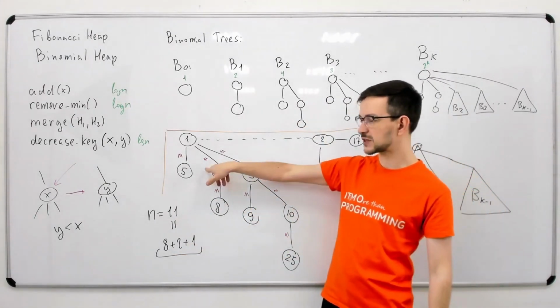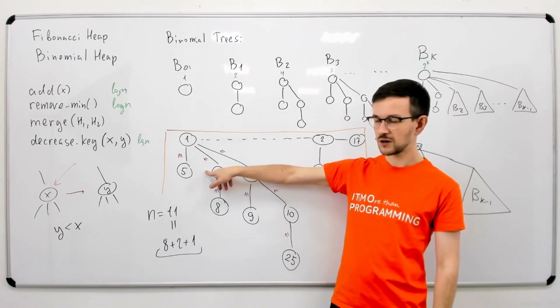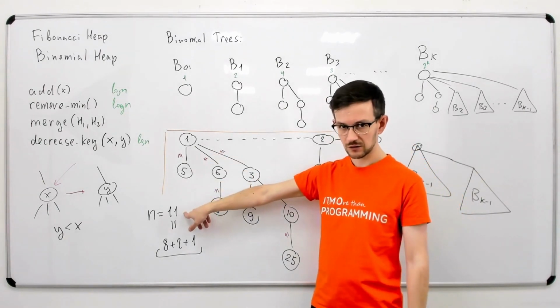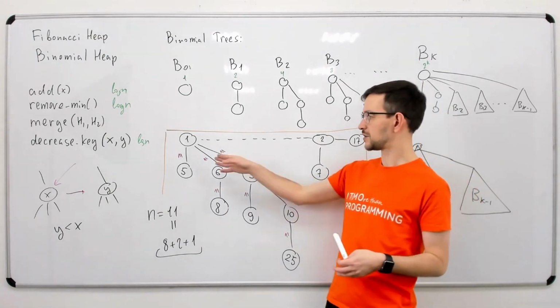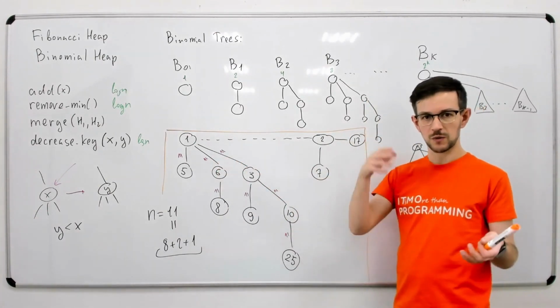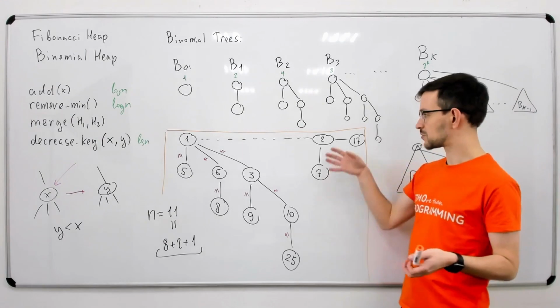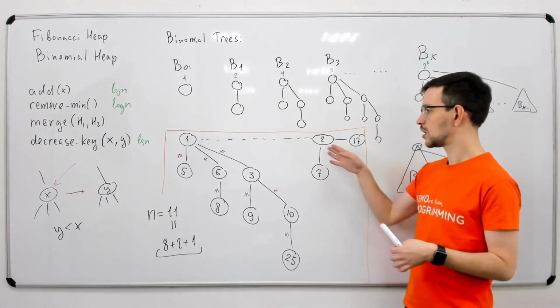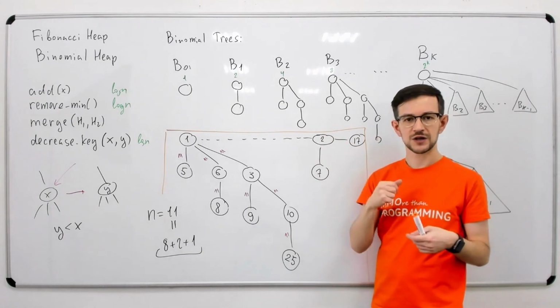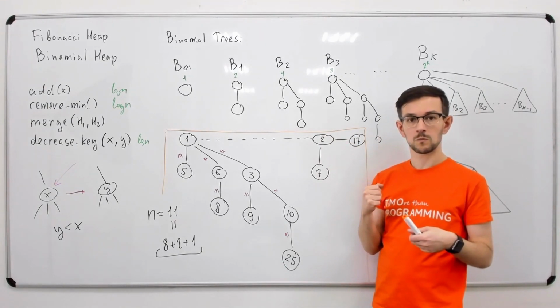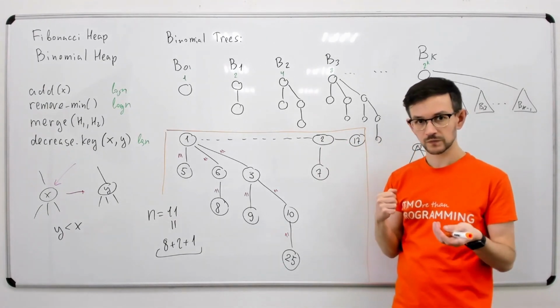I take the biggest possible power of 2, subtract it from n. I will get a number at least twice less than n. Then I take another biggest possible power of 2, subtract it, and so on. So the number of trees, if each time I take the maximal possible power of 2,